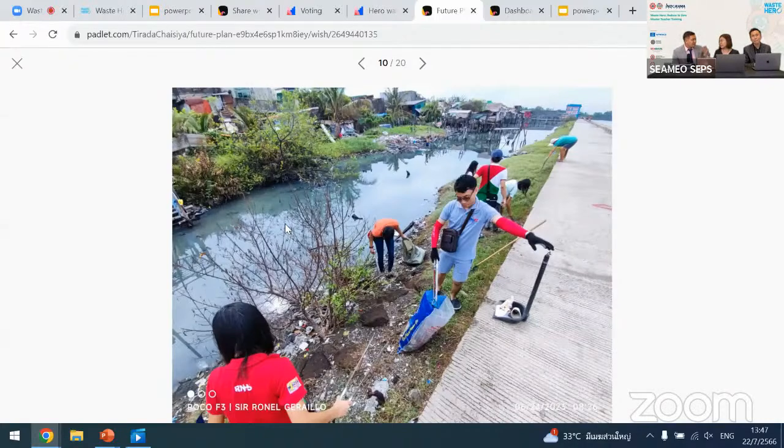Great. When people drive past and see you doing this, it makes them think, okay, next time I won't throw something down at the drive or the river. That's good. It's better than pointing your fingers at them saying you're not good. This is setting a good example for them.